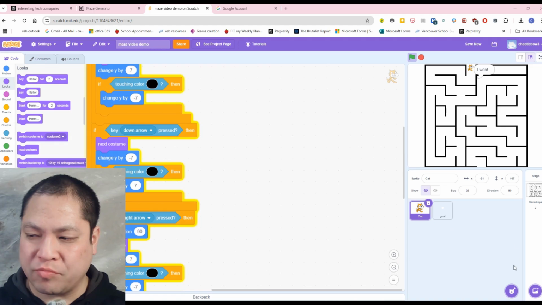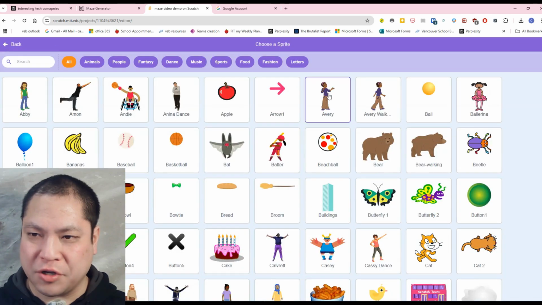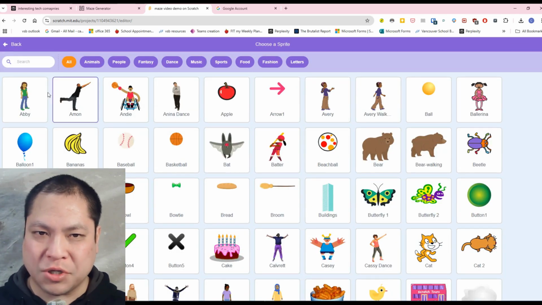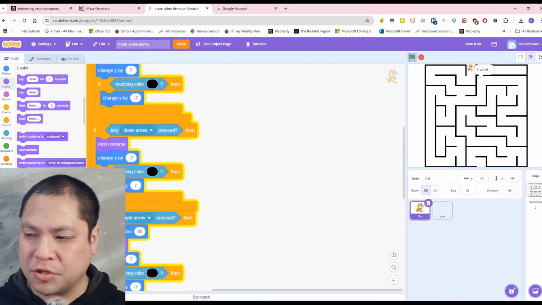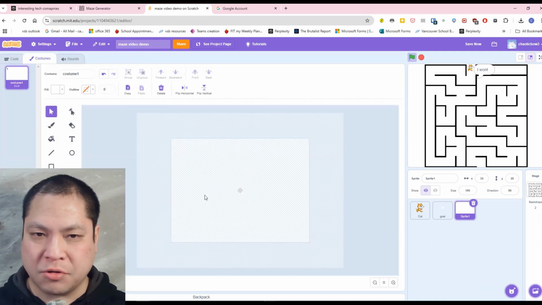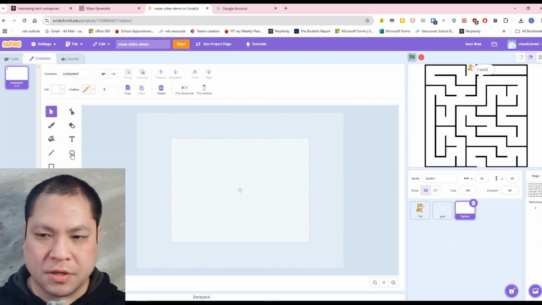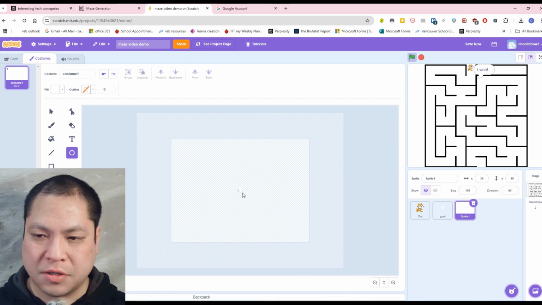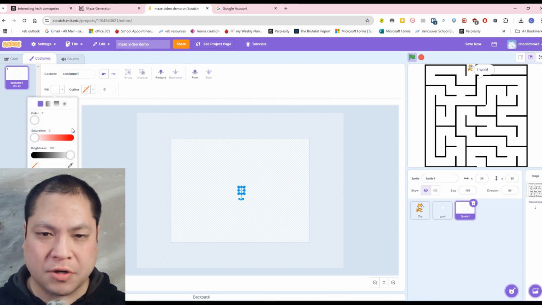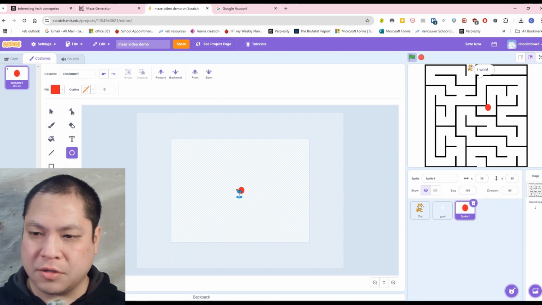So let's make a new sprite for my bullet. Choose a new sprite. So again, you could use one from here, like you could shoot apples or something, but I'm just going to make my own. And so we're just going to use the paint, and I'm just going to do a little circle. Circle like this, and we'll make it, I don't know what color, something like that. That's a little big for a bullet, so we're just gonna